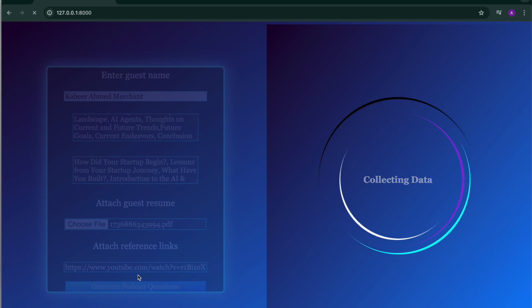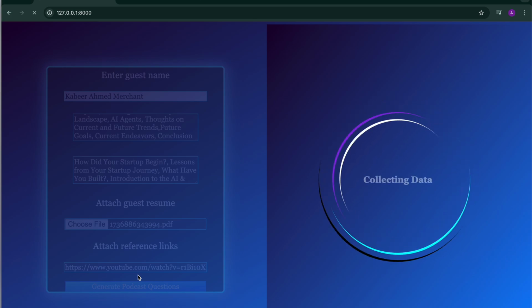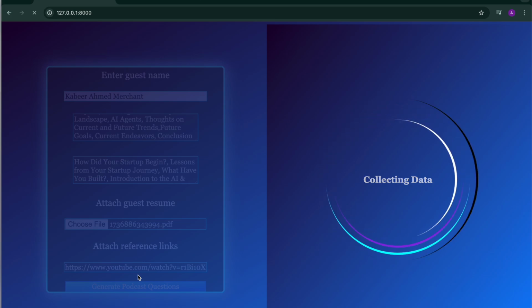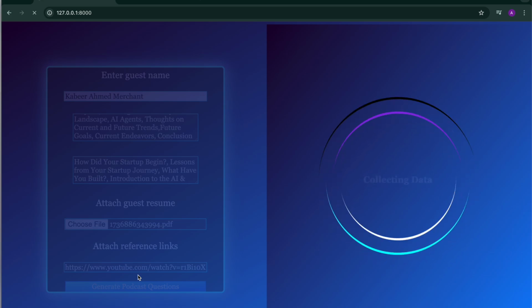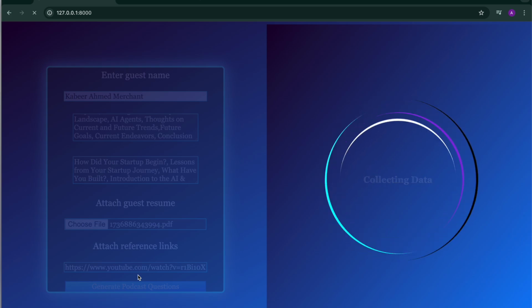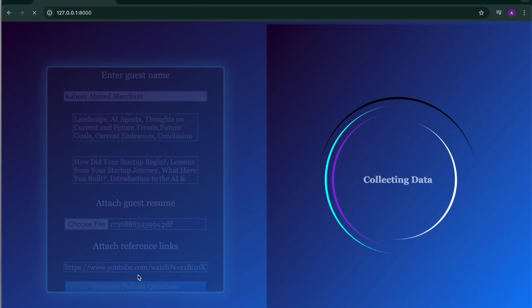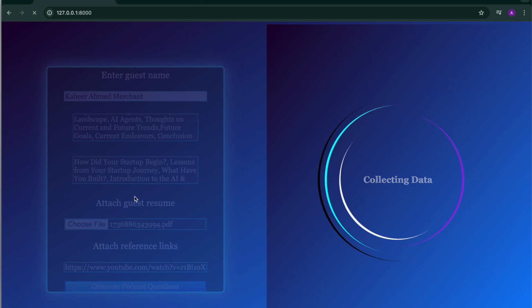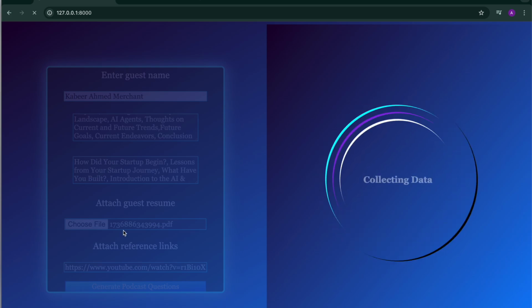We take this transcript, we break it down into various chunks, and we find the underlying theme of each of these chunks. And after doing this, we're taking all these chunk underlying themes and combining them together to find the overall structure and underlying theme of the reference video that you have attached. And we're doing this in chunks